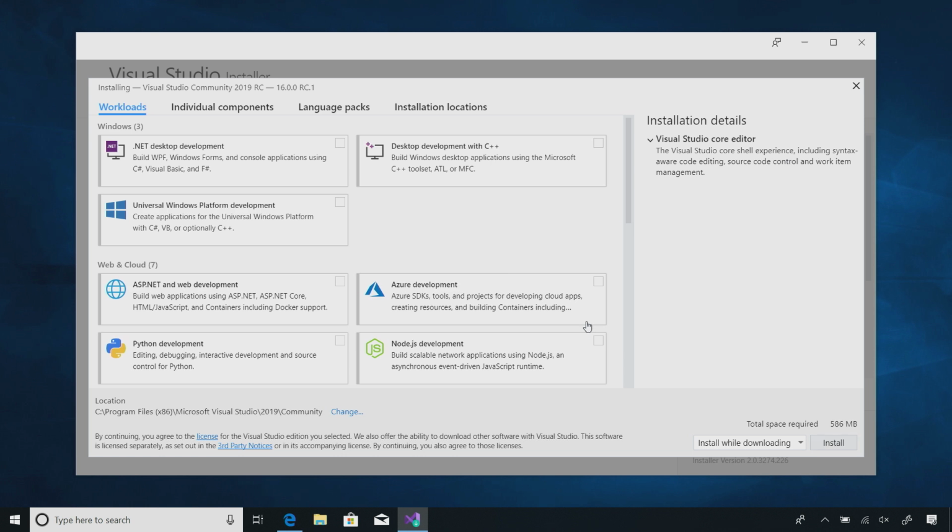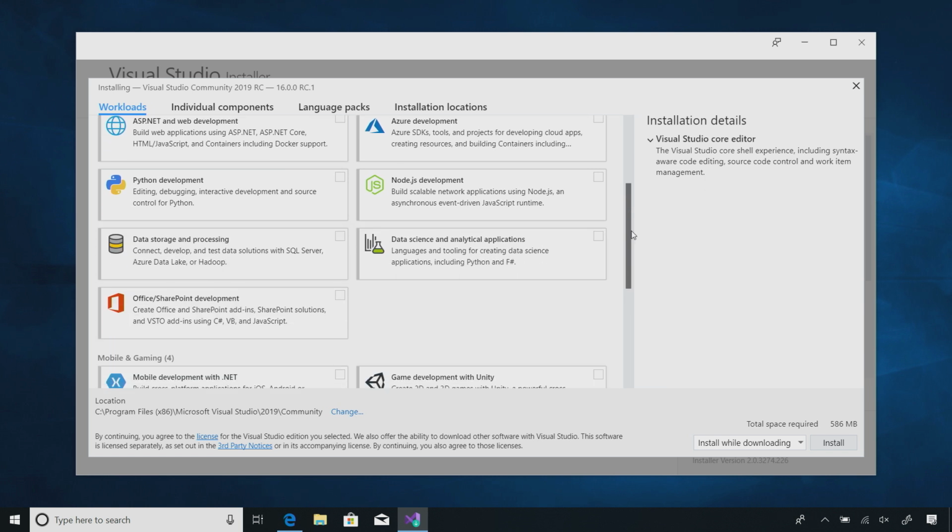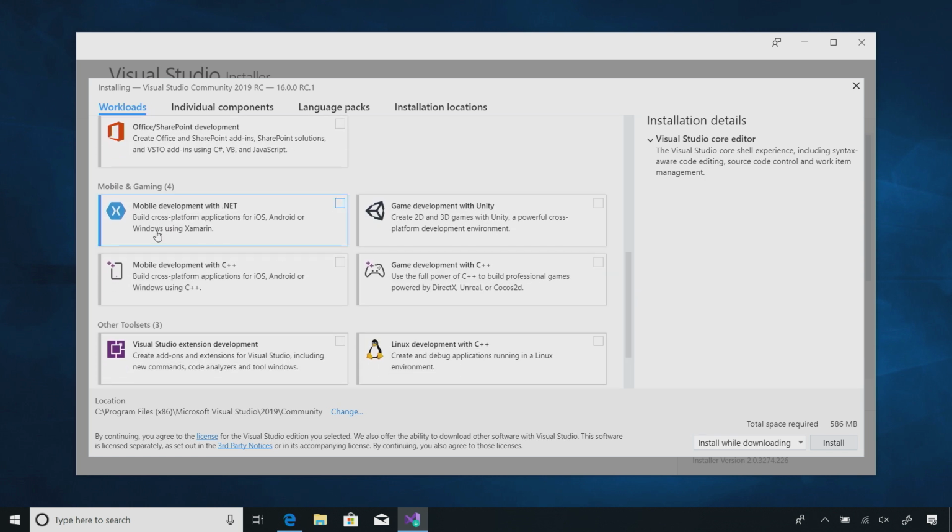Now what we're presented with is a series of workloads, so the type of development that we want to do. So .NET Desktop, ASP.NET, or Azure development. To go to Xamarin, we're going to go under Mobile and Gaming. And here's mobile development with .NET, Xamarin. I'll go ahead and check that checkbox, and this will install every single thing that I need for mobile .NET